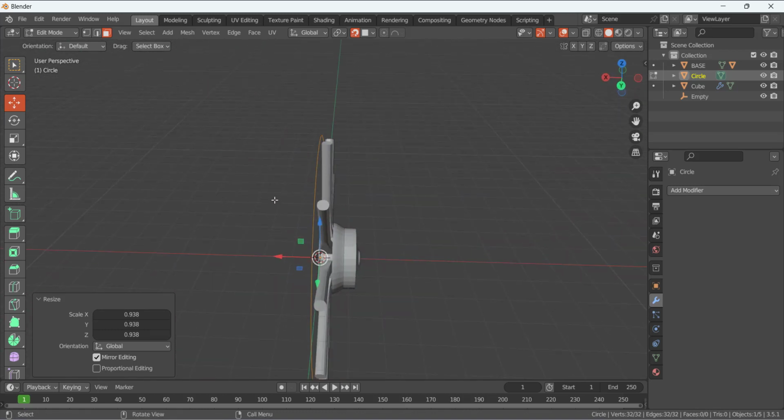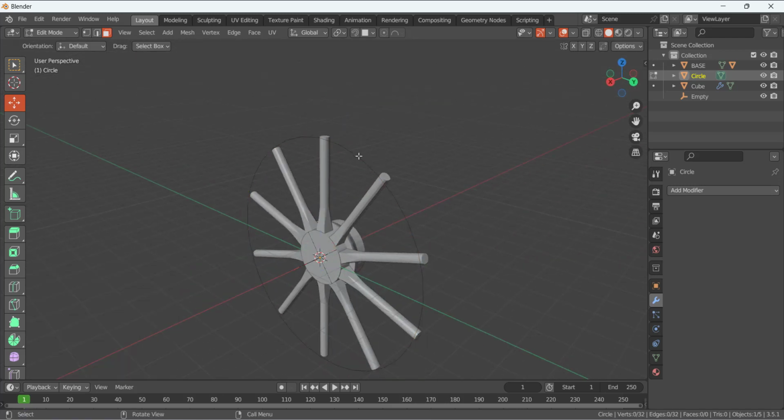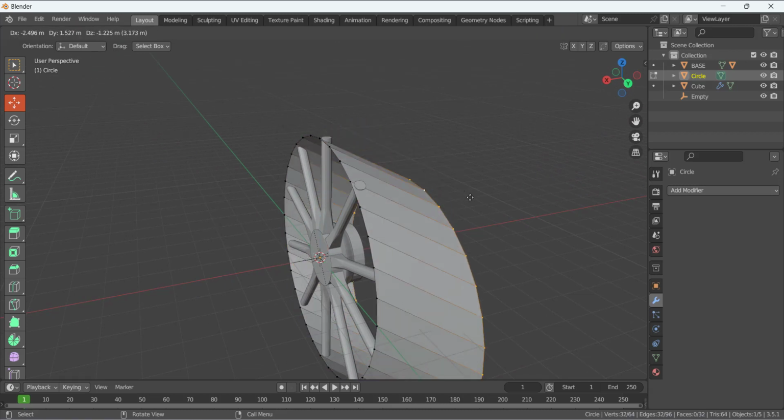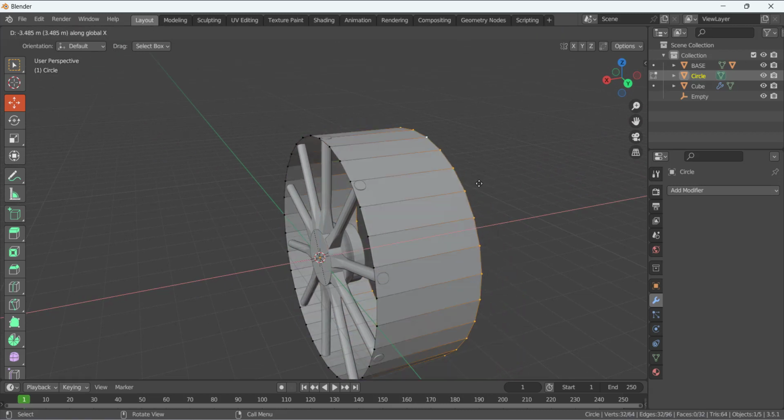Okay, so now E to extrude. So select everything and E to extrude. Sorry, make sure you are in the vertex selection mode and E to extrude it. And now we have this extrusion in the x-axis